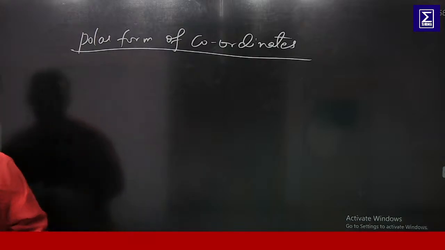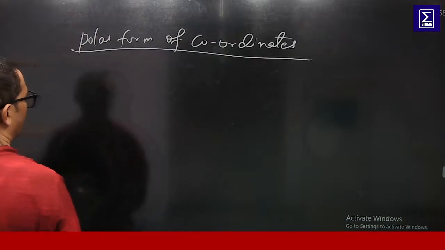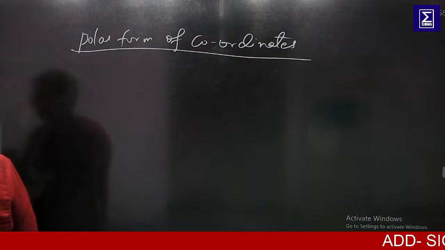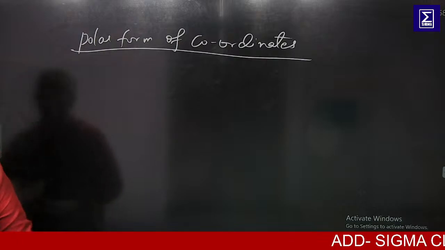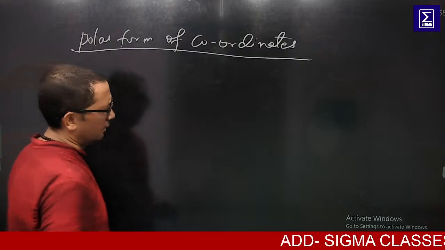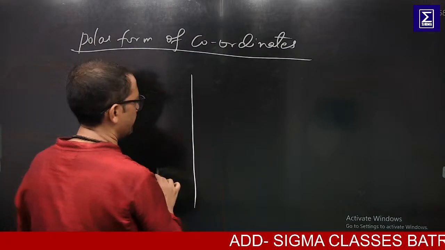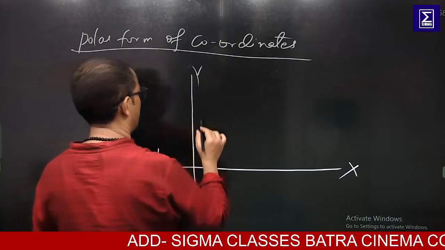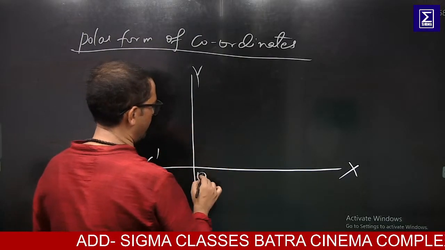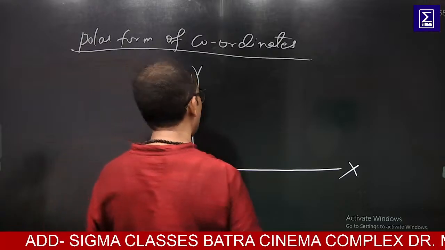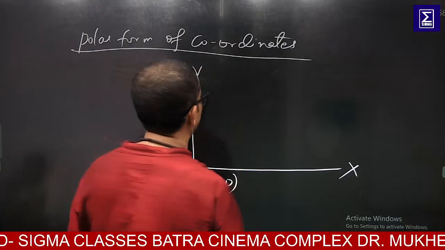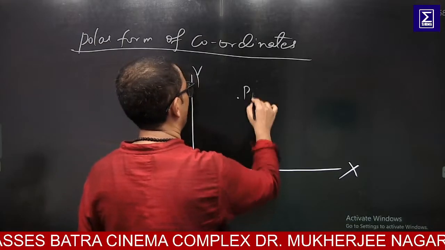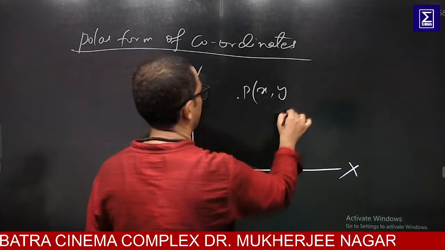So if we have a coordinate system given, x x dash, y y dash, and origin 0 comma 0, and let any point P be given, and the coordinate of P is x comma y,